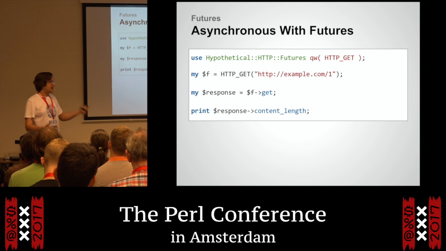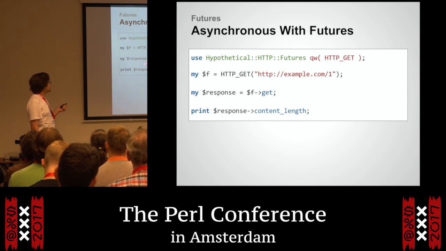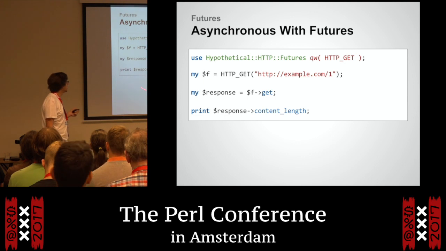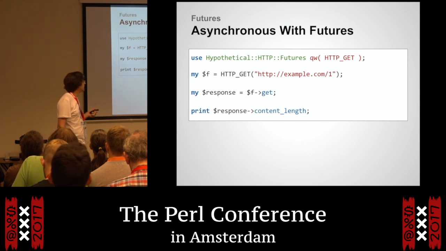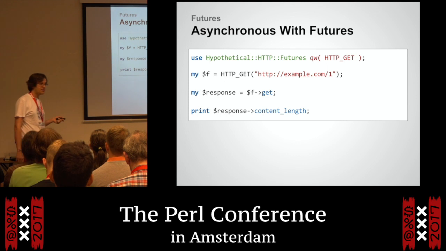It can go off and do that operation however it wants. And at some point later, the result is going to arrive. And there are multiple ways that we can deal with that. One of the easiest is to call this get method, which defeats the entire point of a future, because what it's going to do is block and wait until the result actually arrives. But it does mean that you can write this code that looks very straight line, like a call-return thing, and it's neat and tidy, but obviously it only gets 1 page. Well, how do we get all 3 pages?